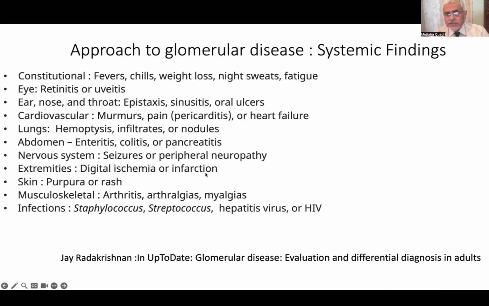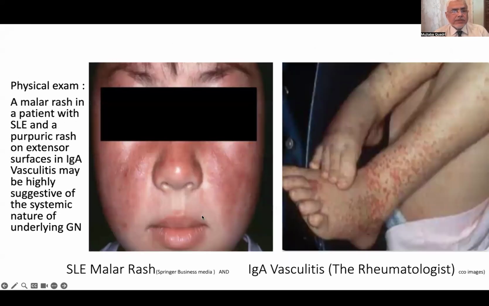Likewise, the same as in digital ischemia infarction with microscopic polyarteritis. Purpura or rash you can have with both IgA vasculitis and lupus. And of course, arthritis, arthralgias, myalgias, non-specific rheumatological diseases, and various infections can present with positive blood cultures and fever and deep-seated abscesses. So this is a typical malar rash, which spares the nasal bridge in a lupus patient. And this is the typical IgA vasculitis rash occurring on the extensor surfaces that is common, as well as on